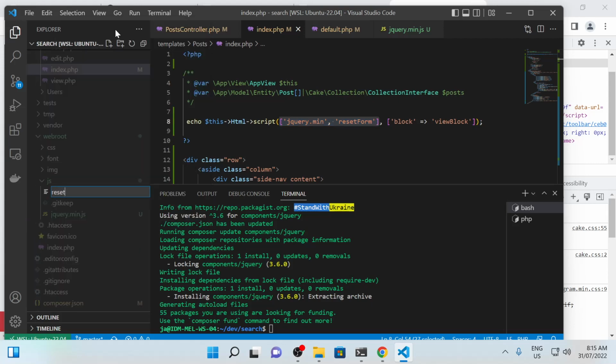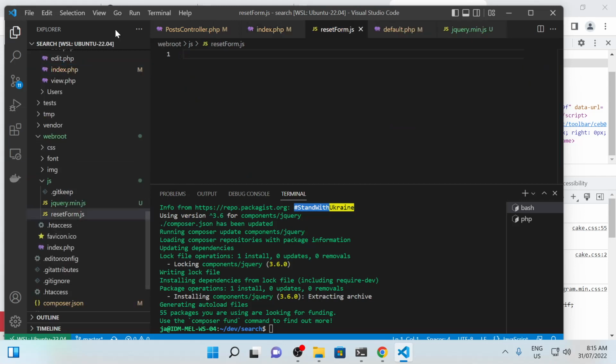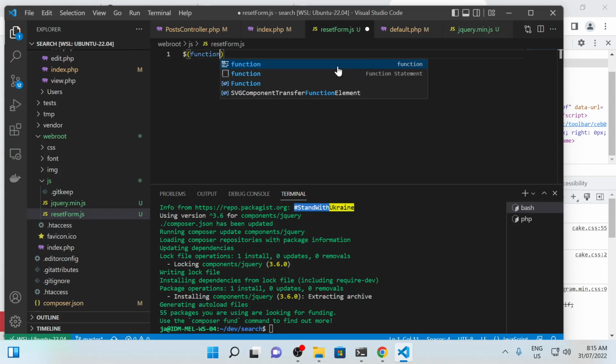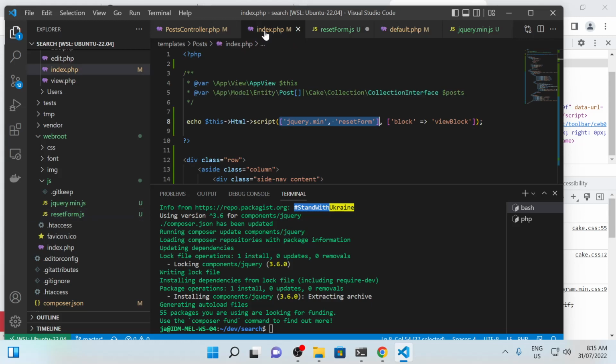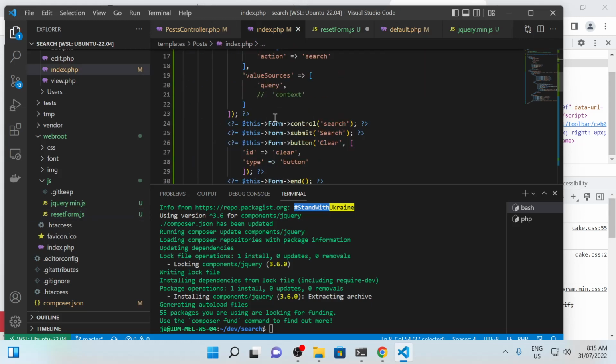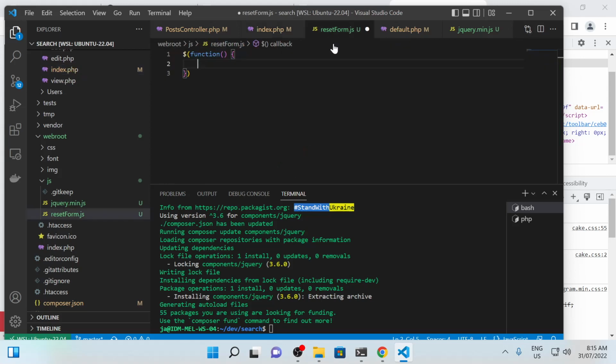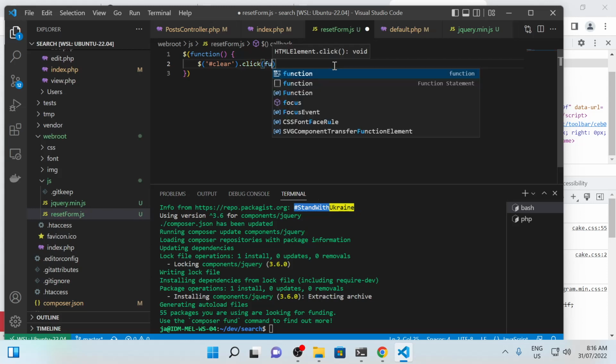So we go reset form.js, and we're using jQuery, so we're using the shorthand version, which is another way of saying document on load. When the document is fully loaded, do this. Before we do that, we just want to make sure that we remember what ID we're going to attach to. So we're saying when we see this input, attach a click event to it,